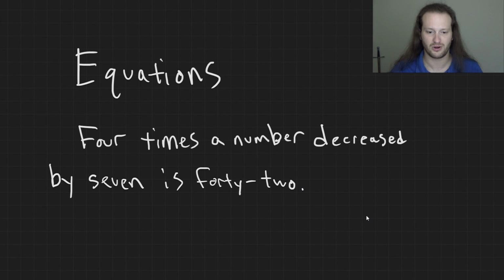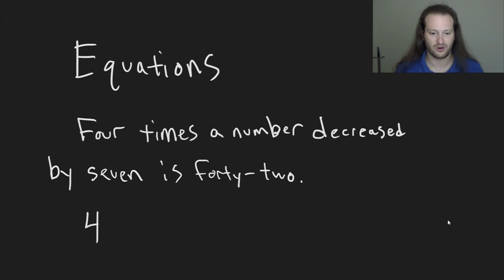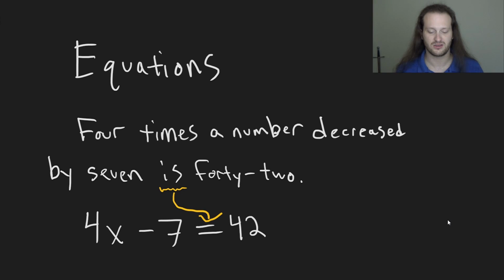4 times a number decreased by 7 is 42. 4 times a number decreased by 7 is 42. And here, this is the equal sign. I mean, if we really want to sell the concept,